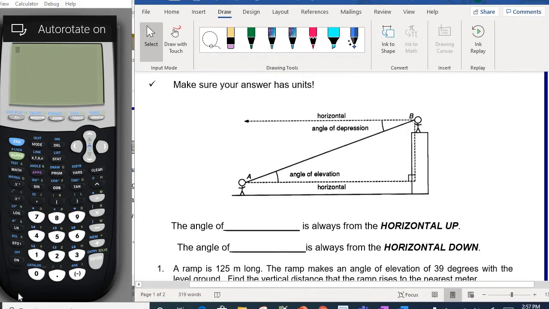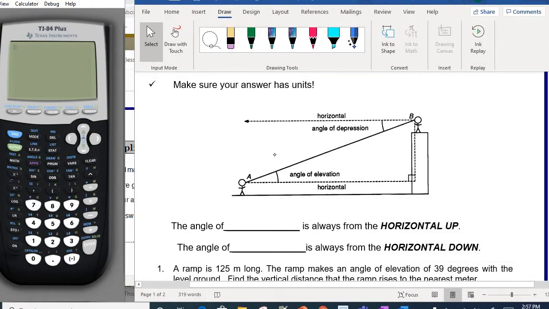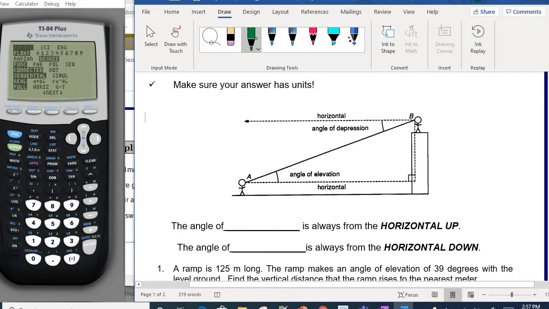So today we will discuss angles of elevation and angles of depression. The first thing you'll have to do is make sure that your calculator is in the correct mode. So if you press the mode button, make sure your black box is around degrees. Okay? So the angle of elevation is defined as the horizontal up, and the angle of depression is always the